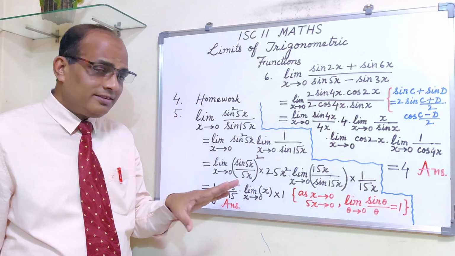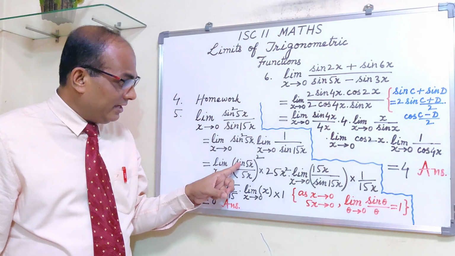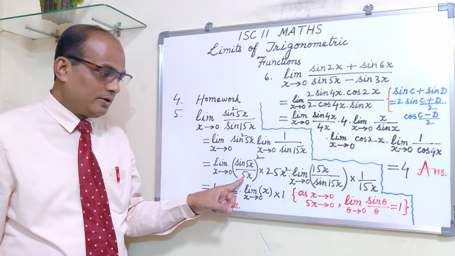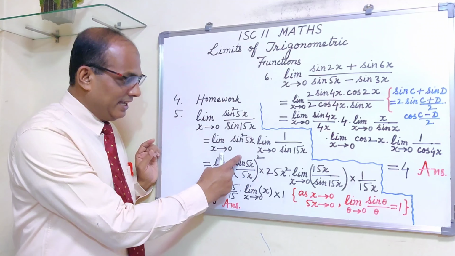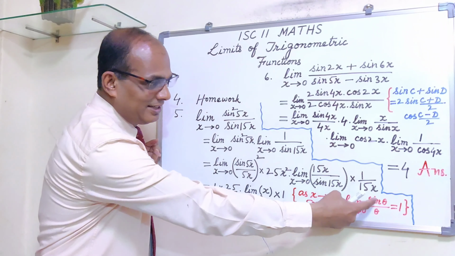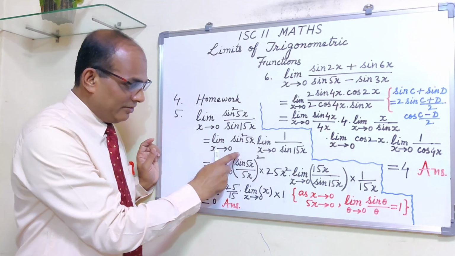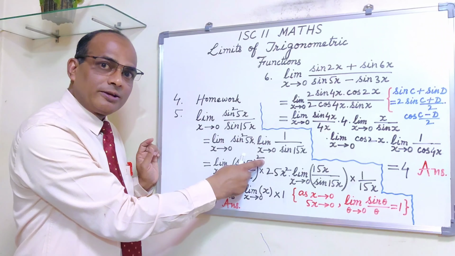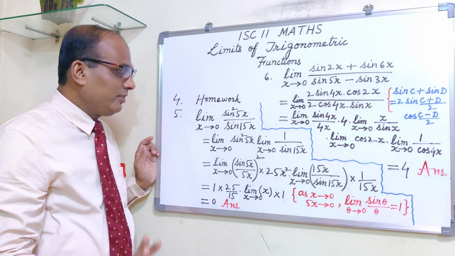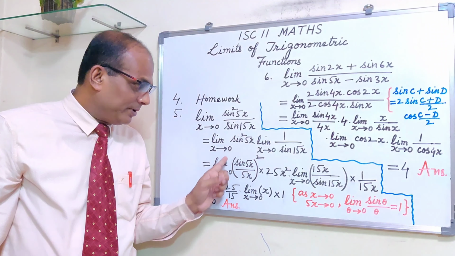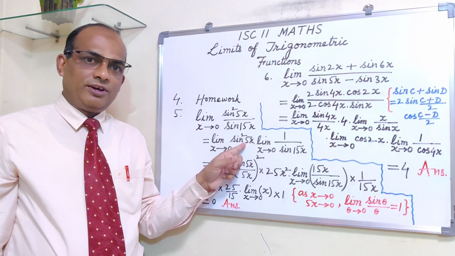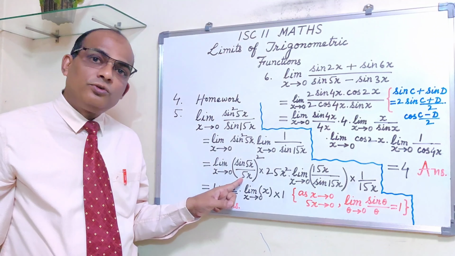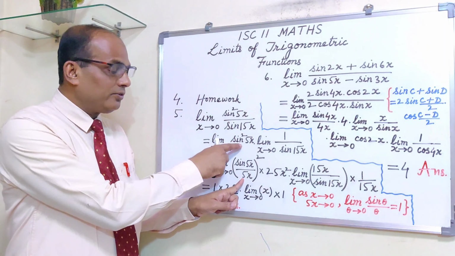Alright. See how I am doing. Now, sine phi x upon phi x I have written. Just open this: sine phi x upon phi x, sine theta upon theta, this we want. But here I have sine square phi x, so that's why I am putting here whole square. Now what extra thing are we getting here? When you open this bracket you will get sine square phi x, and in the denominator you will get phi x whole square, that means you are getting 25x square. That 25x square you don't have here.